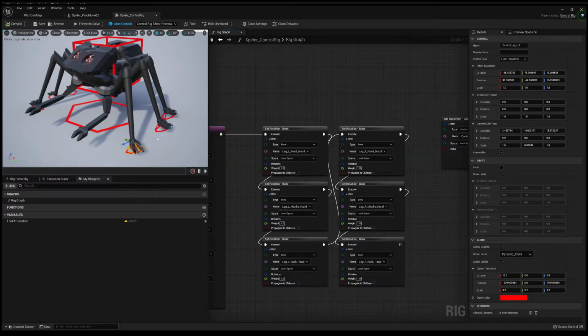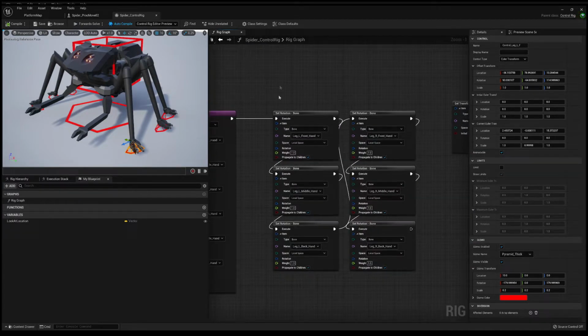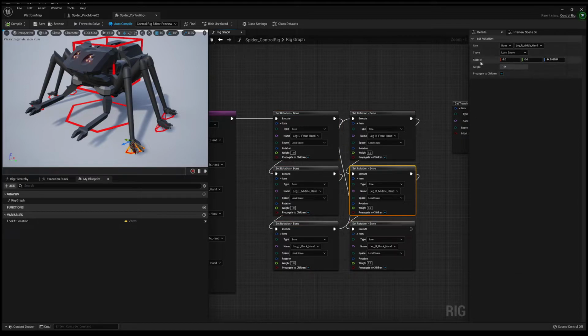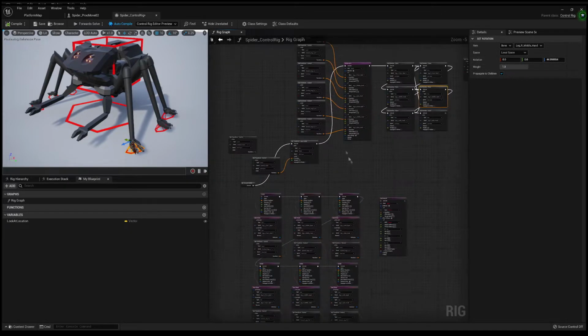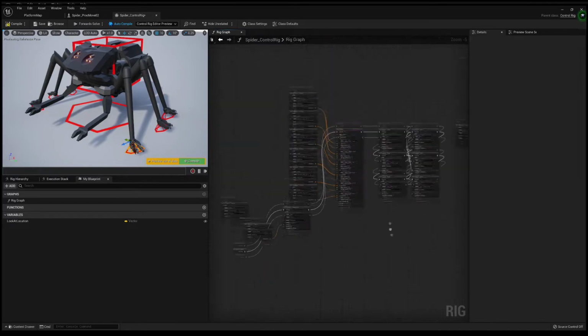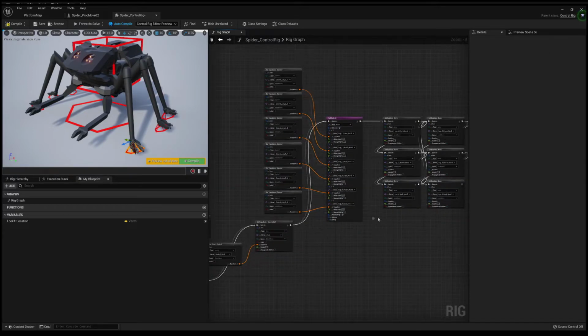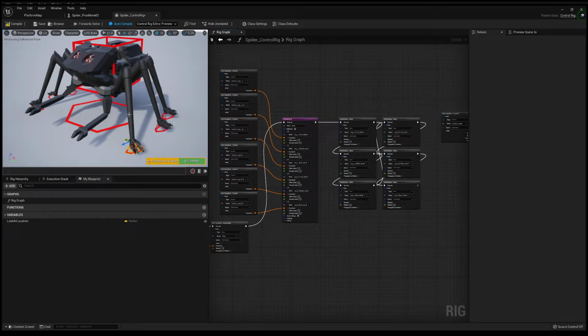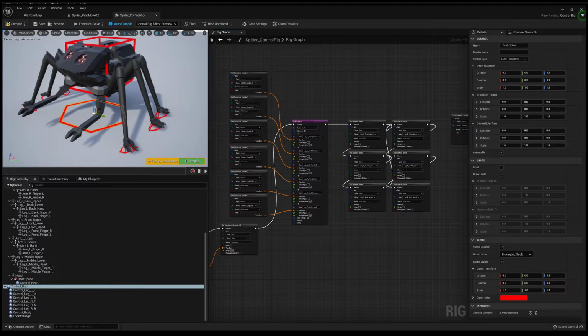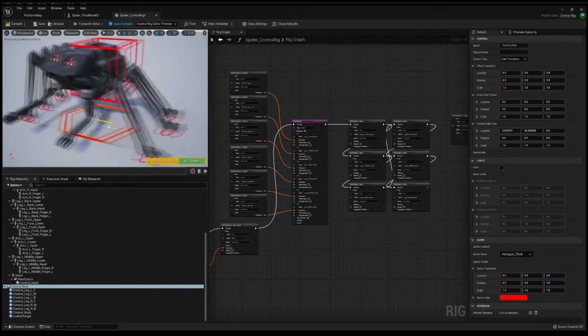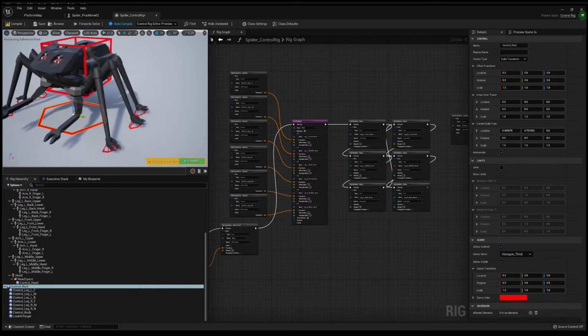Set the rotations of the feet so they match the ground, just right here. The rotation is 45 degrees right here. Very simple, very effective, very easy. Ignore all this, which I'll probably make into a more complicated rig in the future. But for now, this will do. Oh, and by the way, this is what my hierarchy looks like. All the controls are nested like so. They follow the root, etc.